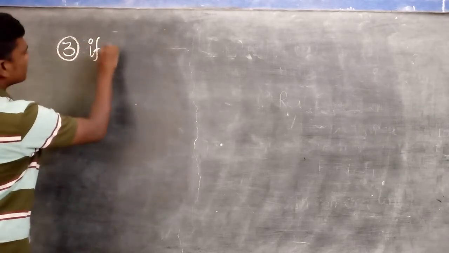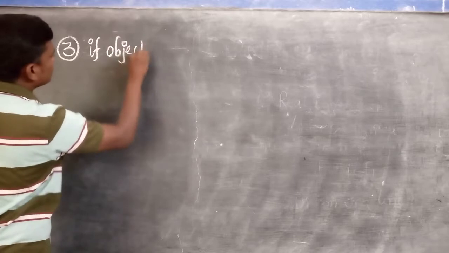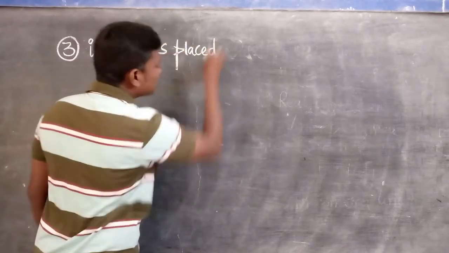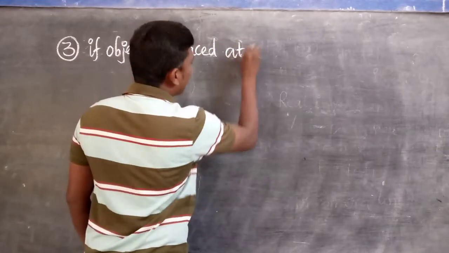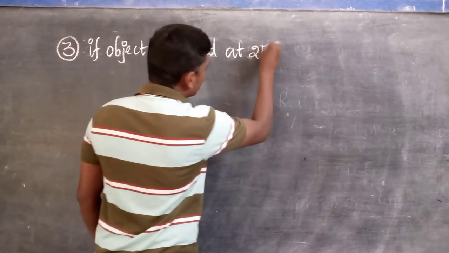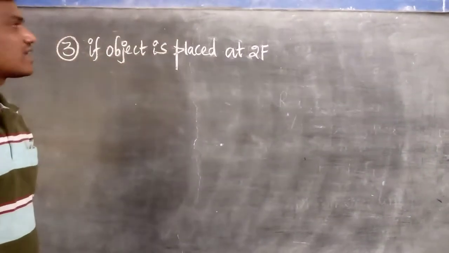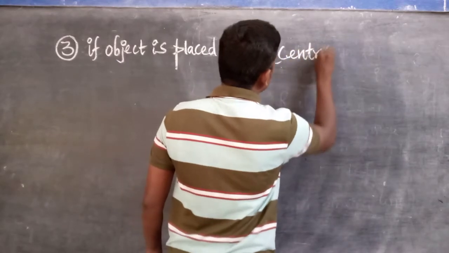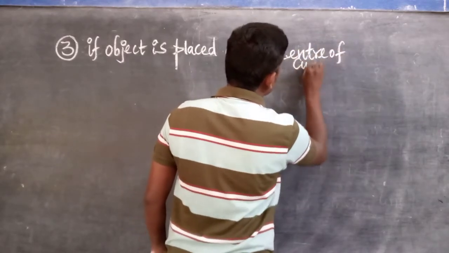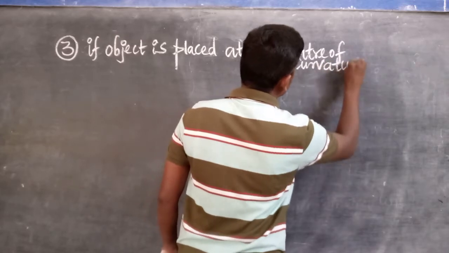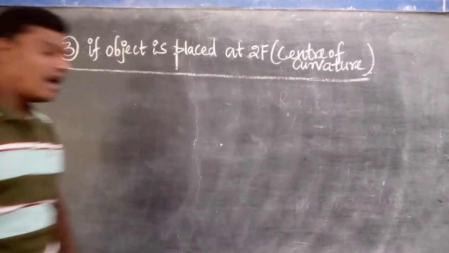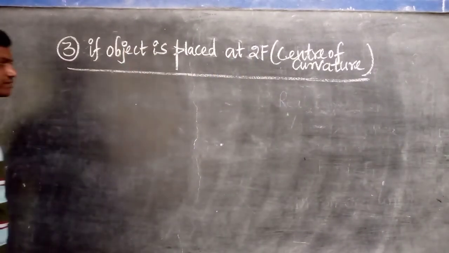Next, third one. If an object is placed at 2f or at the center of curvature, if the object is placed at 2f on the principal axis at the center of curvature,